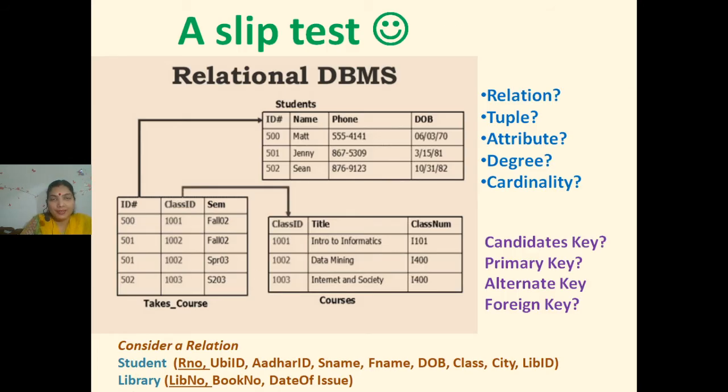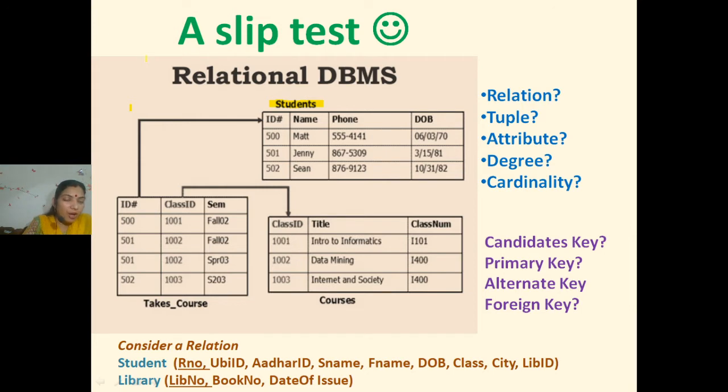See this slide. Here we will concentrate on the table students. Now students, this name is called the relation. What is a tuple? One complete row. Here one complete row, where is this? 500 and then so on is one row, called one tuple. 501 is another tuple. 502, the complete row, is another tuple. So in this way we see that we have three tuples in the relation student.